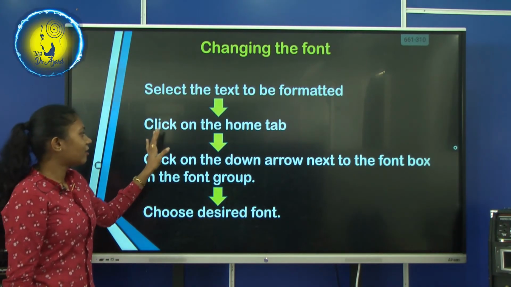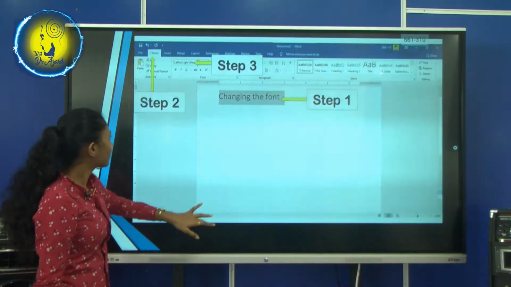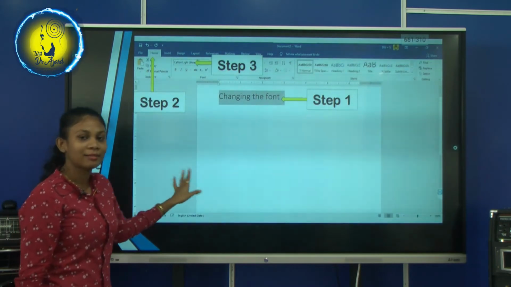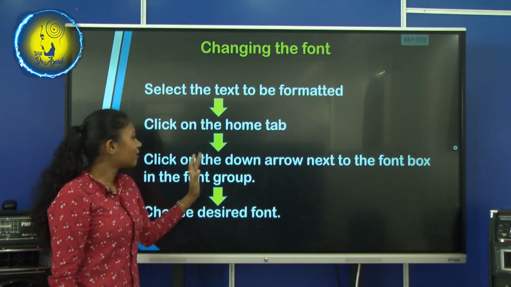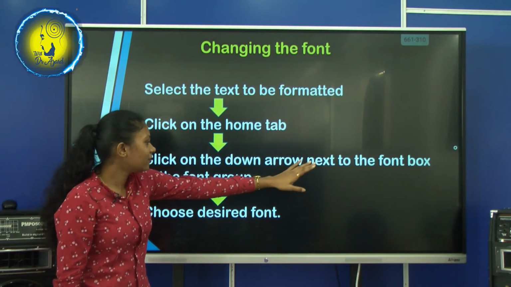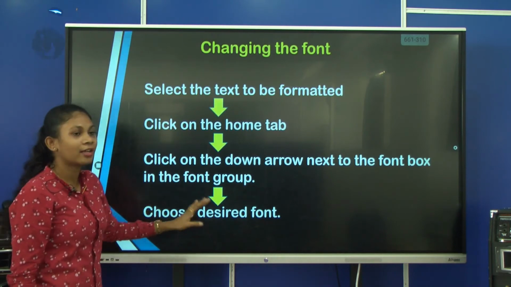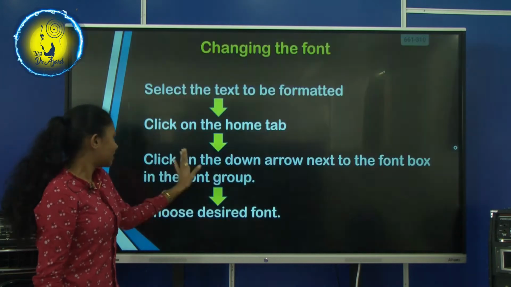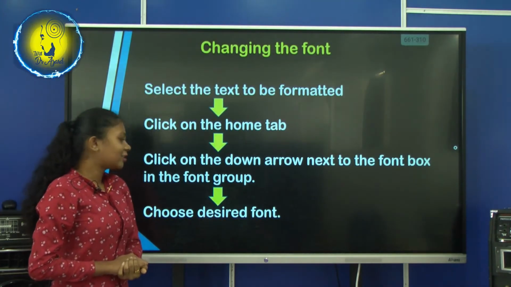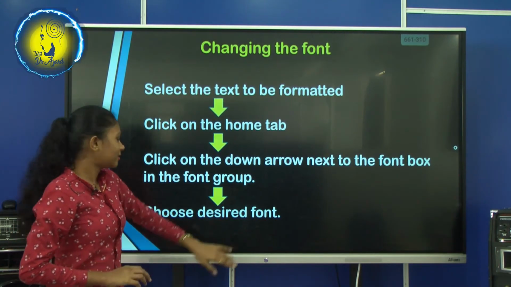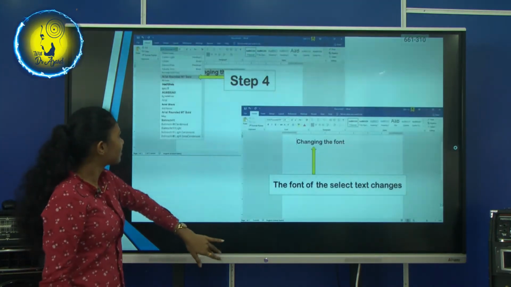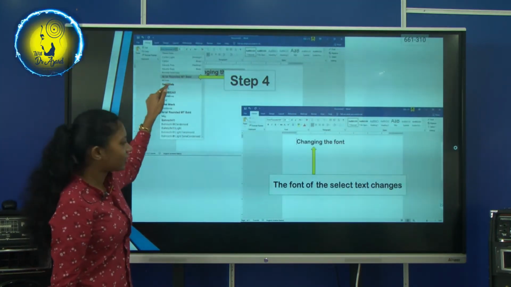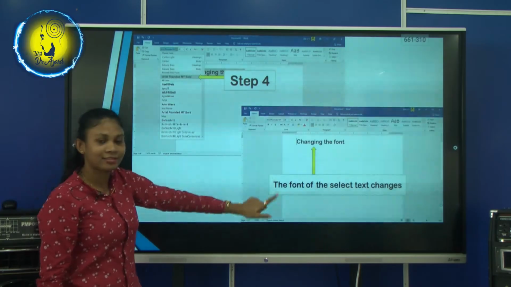Second step, click on the Home tab. Then click on the down arrow next to the font box in the font group. Now you can choose desired font.